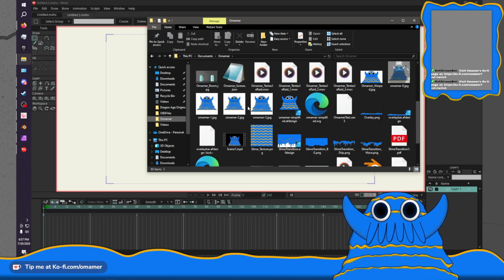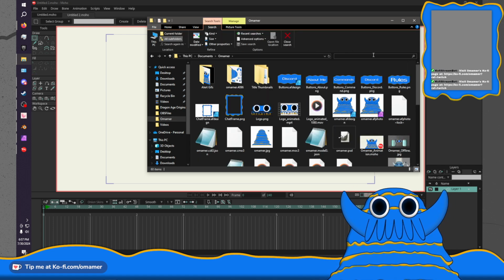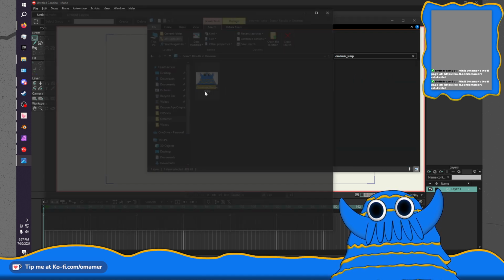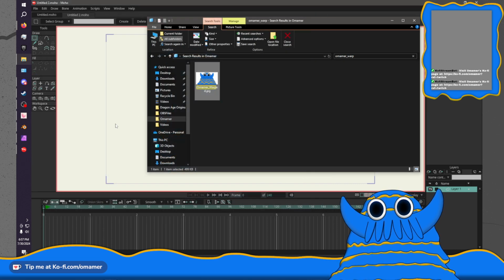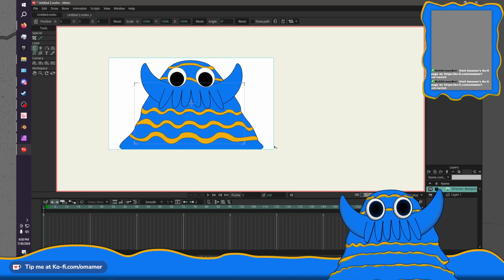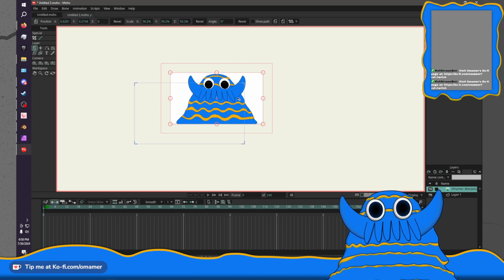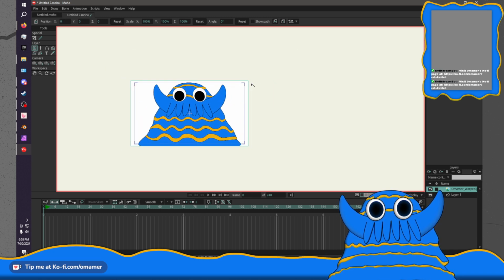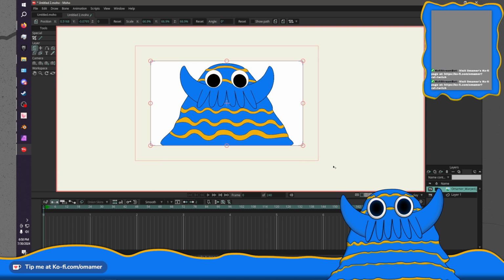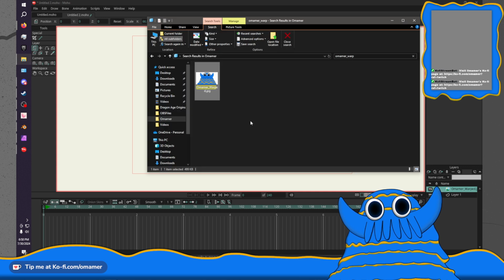Where is he? Please open in the software. Thank you. So we'll size that down to the size of the frame here. Now let's import...